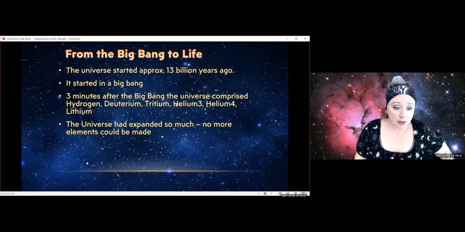At that point, the universe was expanding the whole time, and it had expanded so much and used so much energy that it was spread out enough and cool enough that no more nuclear fusion could happen. And so we couldn't stick hydrogens together to make anything else, and we couldn't make any more heavy elements. At this point, approximately 75% of the universe was hydrogen. That's by mass. It's more like 93% if it's by number of atoms.